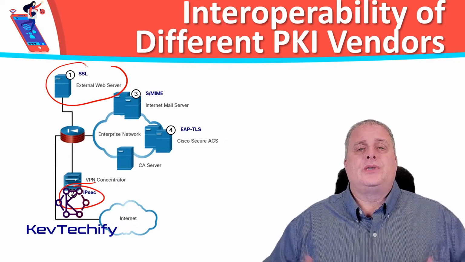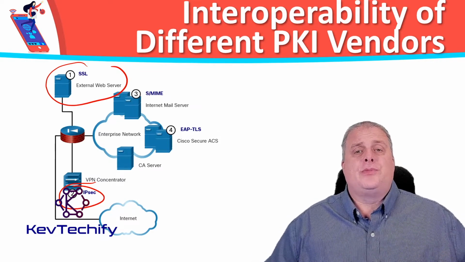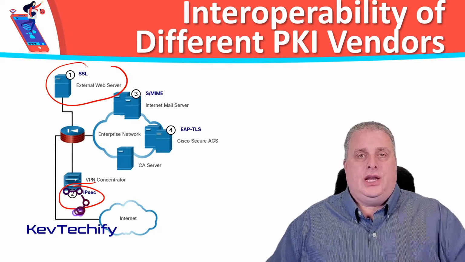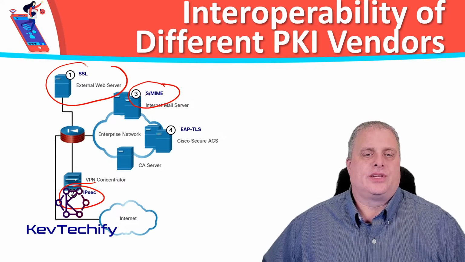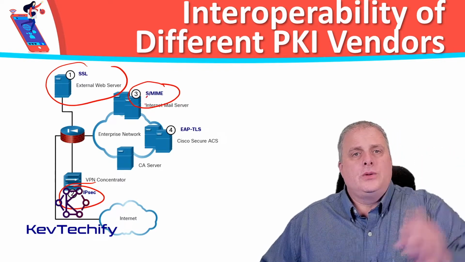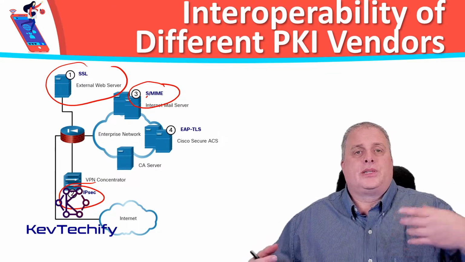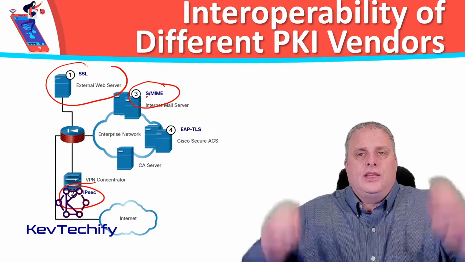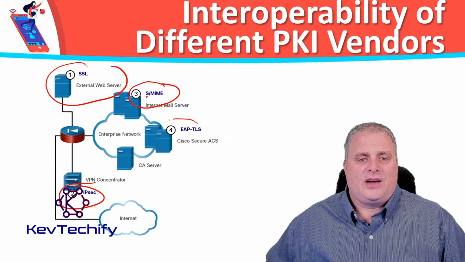IPsec VPNs use X.509 where certificates can be used as a public key distribution mechanism for Internet Key Exchange, or IKE, RSA-based authentication. Next, we have the Multipurpose Internet Mail Extensions and the secure version of that. User mail agents that support mail protection with the Secure Multipurpose Internet Mail Extensions, S/MIME. These protocols use the X.509 certificate. Then finally, we have our